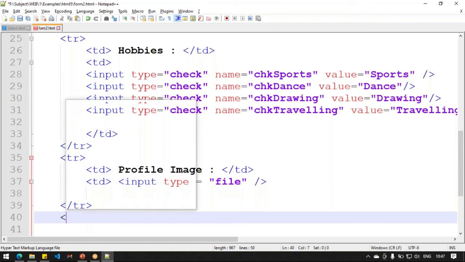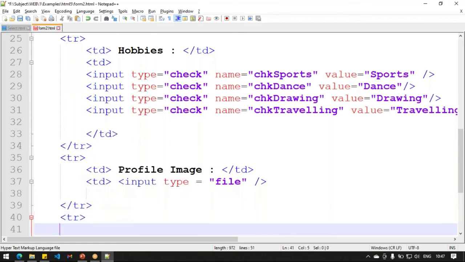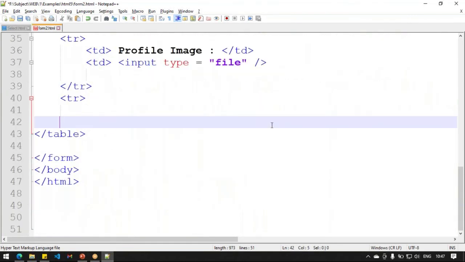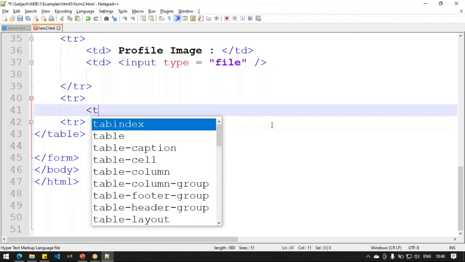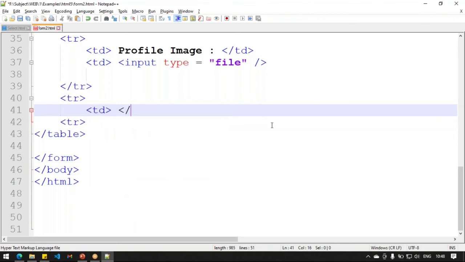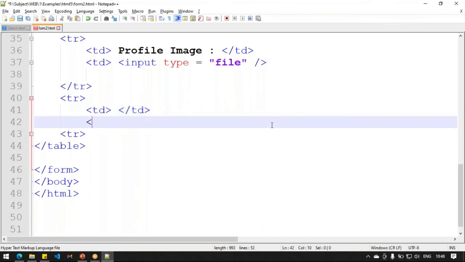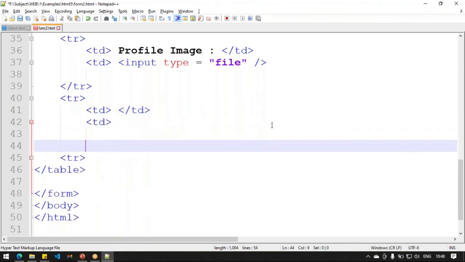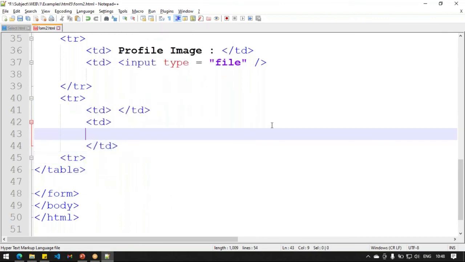Okay, complete. Now let's put down another tr. Let's not put anything in the first td, and create another td below in the second column.